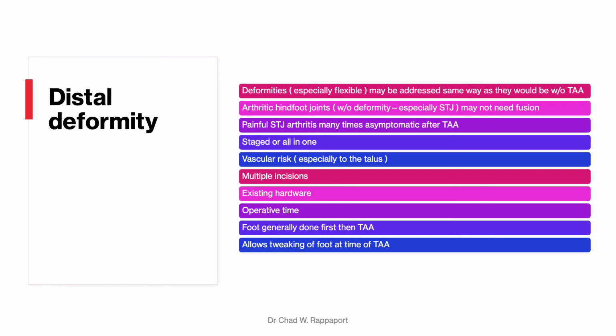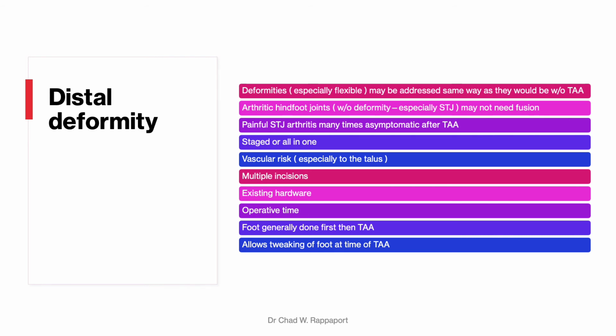There's multiple factors that go into this decision, and this is something that will vary from one surgeon to the next, particularly as one gains experience and confidence in doing these procedures. Vascular risk, especially to the talus, in the setting of a patient who requires an arthrodesis, either a TNJ or a subtalar joint, and a total ankle. There's many who are steadfast against doing these procedures at the same time due to the potential vascular insult to the talus and the therefore resultant risk of AVN and subsequent subsidence of the talar component following the total ankle